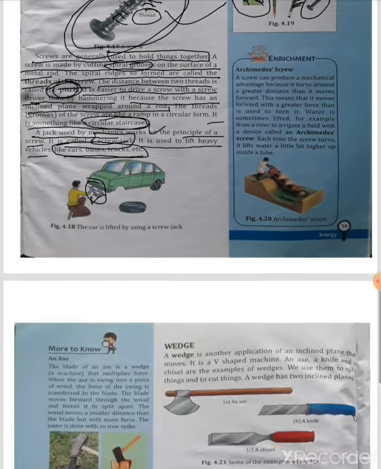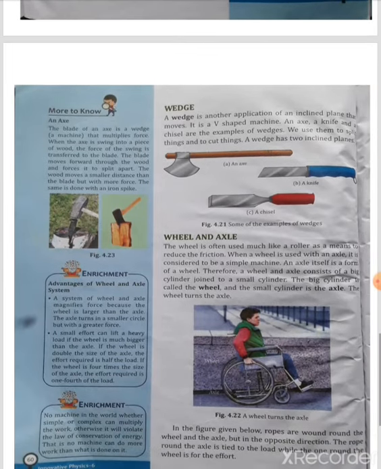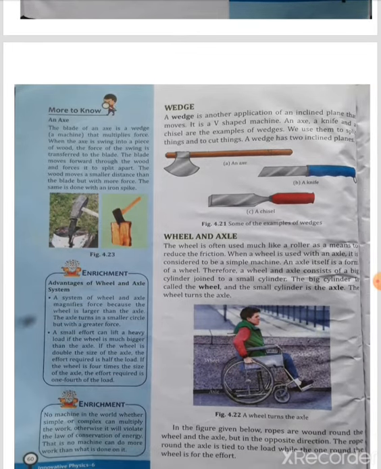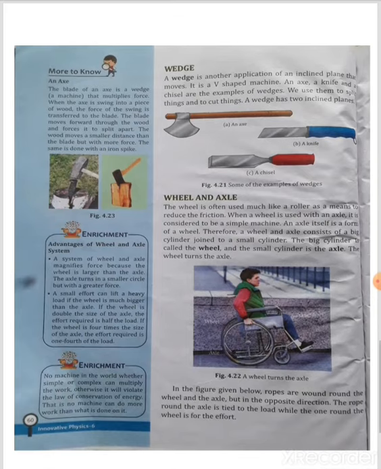Now we are going to the fourth type of simple machine, that is the wedge. What is it? Wedge, that is the pronunciation. Now what is a wedge? A wedge is another application of an inclined plane. You saw the inclined plane, then we saw the screw is a special type of inclined plane. Now the wedge is also an inclined plane, but here there are two inclined planes. It is V shaped, so for example